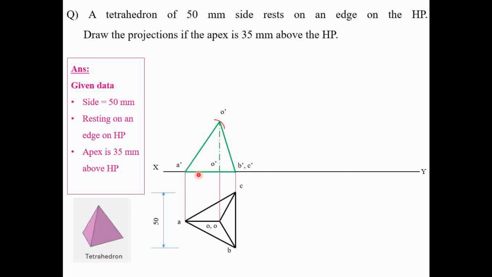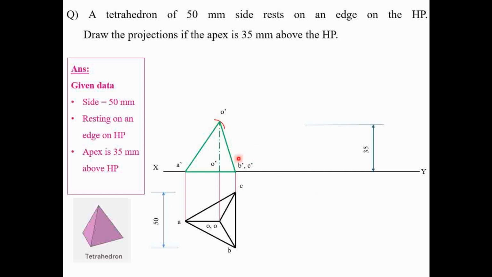So this is the complete first stage of the numerical with front view and top view, considering the base on the HP and keeping the respective resting edge towards the right side. Then in the third diagram, we just have to redraw the same diagram which is present in the front view, but with the condition, that is the apex-related condition. So here the apex point is given 35 above HP, so represent the dimension 35 above the xy line, draw a projection line, and then consider one of the slant edges, that is B to O to B, and represent